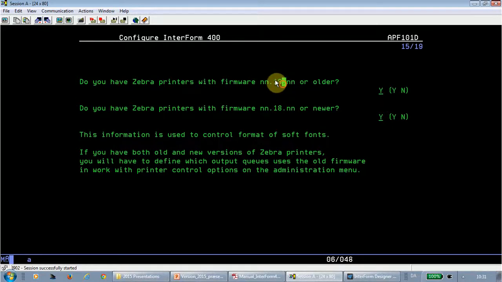Because if it's a very old printer, then we need the old way of printing softfonts, and if it's a newer printer, then we definitely need the new way. So if you're setting a Y for both here, then of course you need to tell Interform which printers are old and which are new. And so we have added a specific menu option. If you do this, then this menu option will open. And let me just